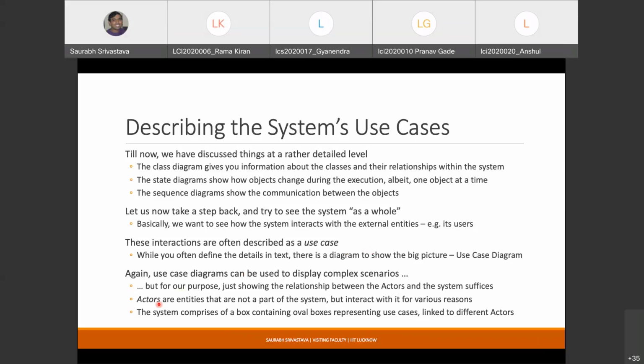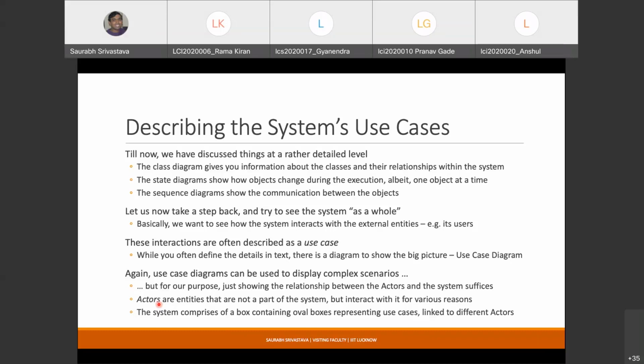So the typical example of an actor is the user itself. The user is going to come and interact with your system. The user is not a part of your system, but the user is supposed to interact. Similarly, another actor in your system could be someone who is maintaining your code. So that person is also probably an actor. So you would like some information to be generated for maintenance purposes.